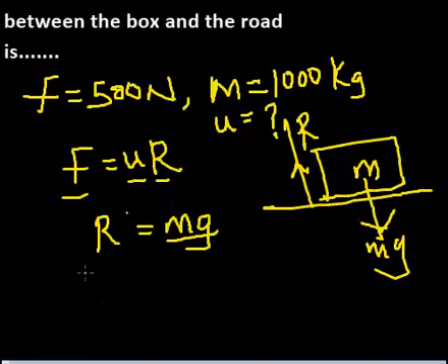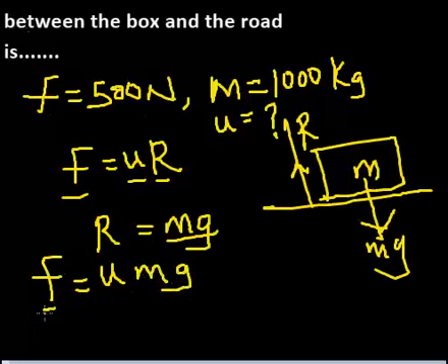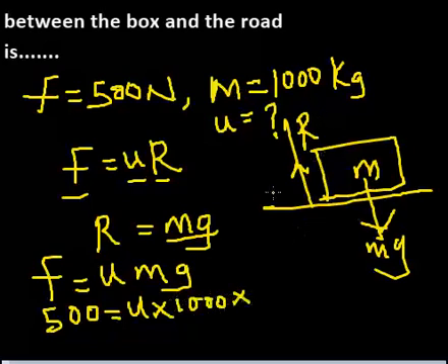Now we put it in that formula, so we have that F is equal to coefficient U multiplied by the normal reaction, which is mg. So we put the value there. F is equal to 500 Newton. Mass is 1000, times g is 10, so that makes it 10,000. So we can now simply say that the coefficient is going to be equal to 500